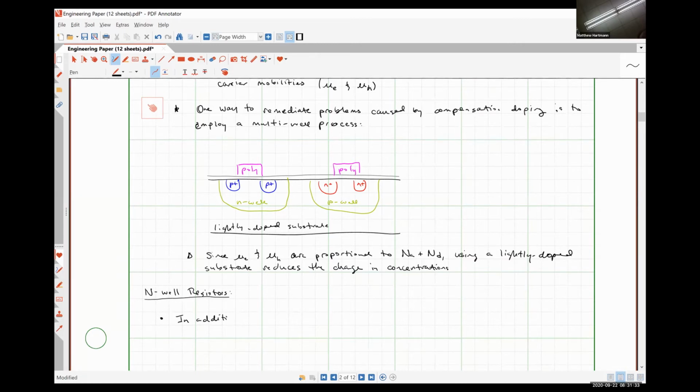So in addition to being used to form the body of PMOS,